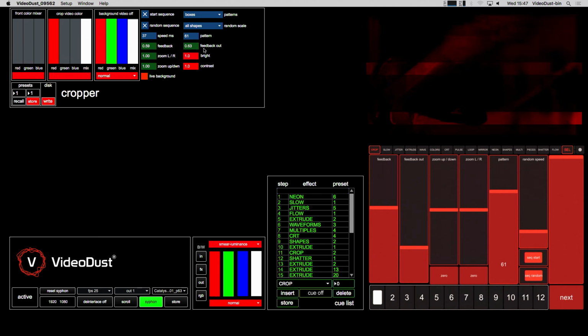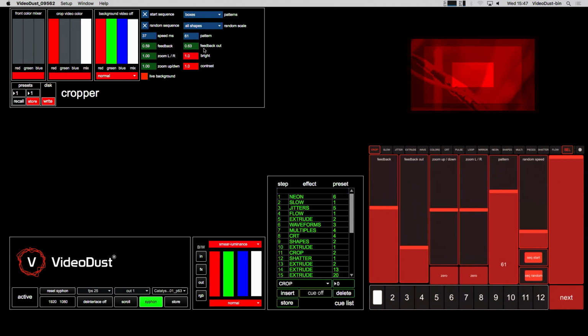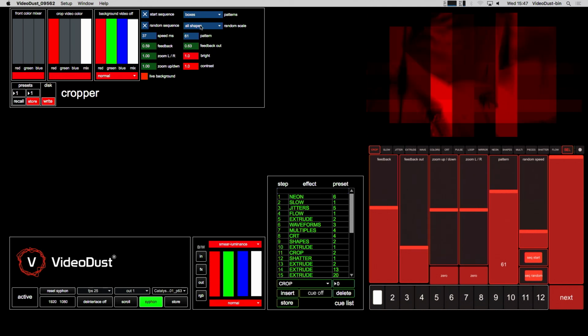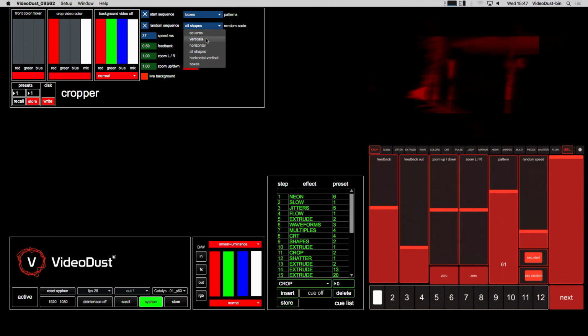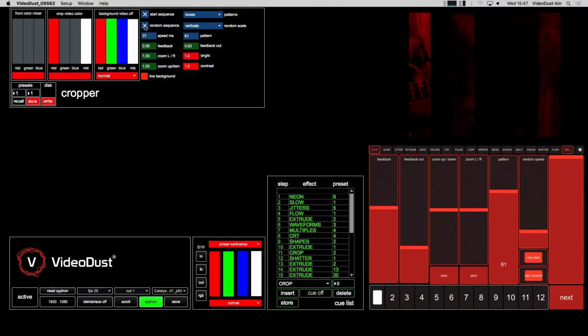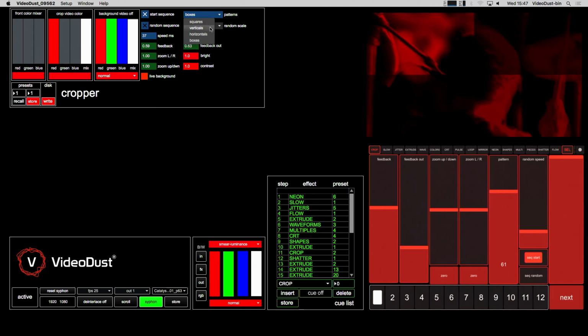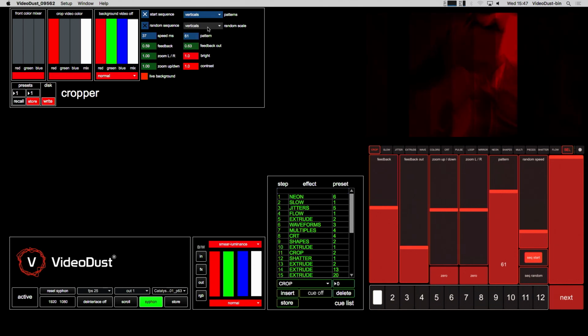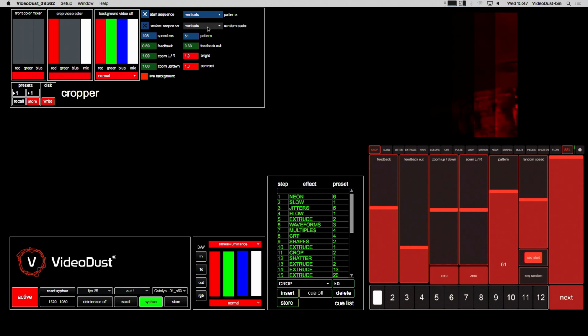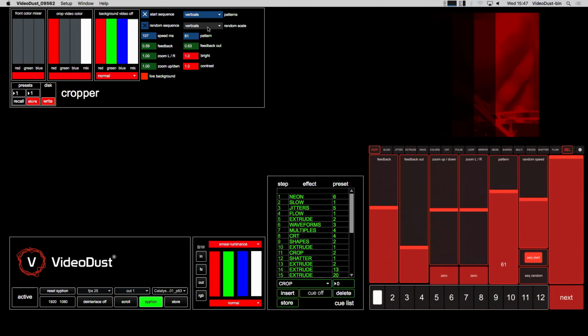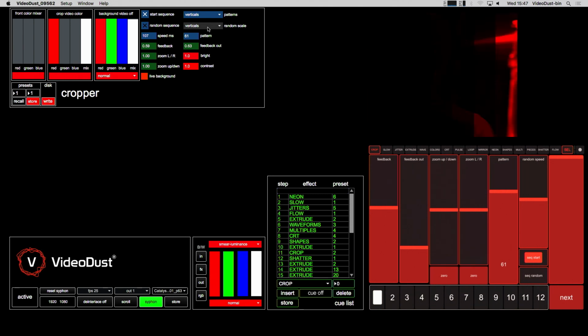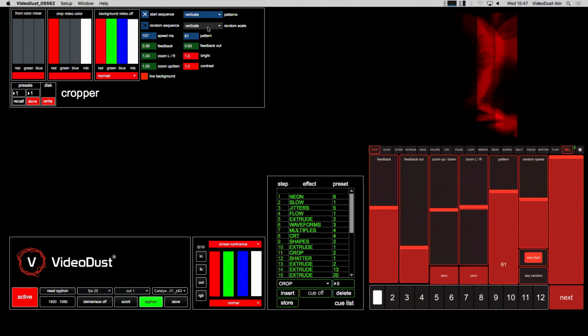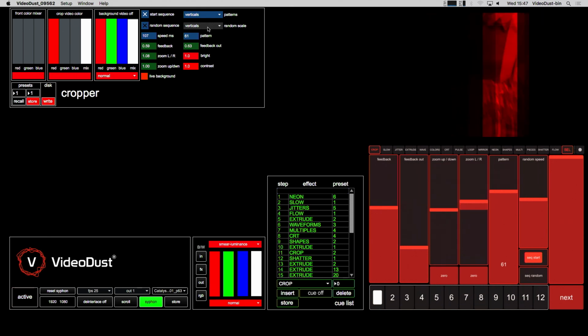And then we have zoom up and down, zoom left and right. So to show this, let me pick verticals, and I'll turn the random off. Bring this back to verticals, slow this down. So the zoom up and down and the zoom left and right is adding feedback either vertically or horizontally. So if I say zoom to the right, add a touch to the right, and I bring the feedback in,